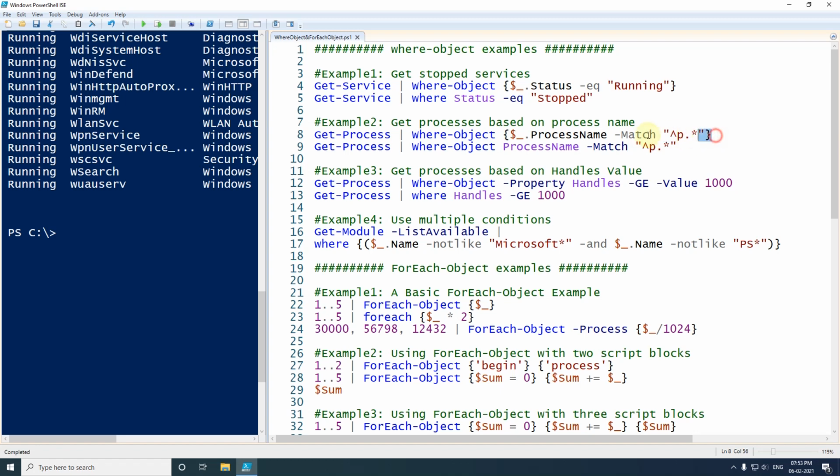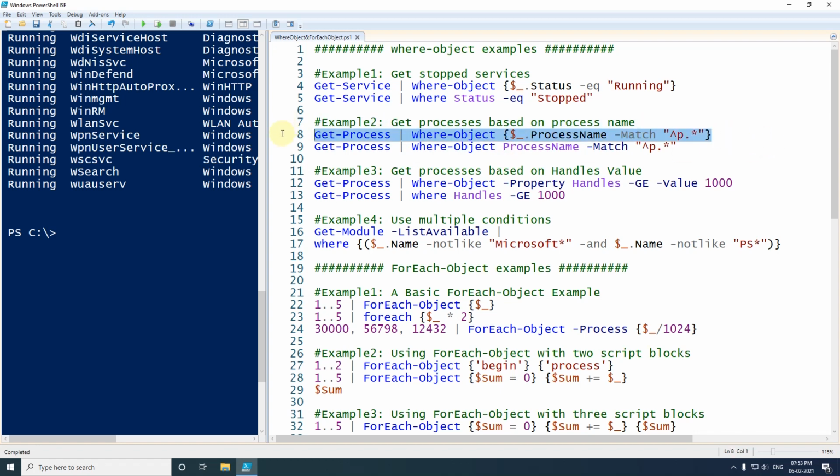We can write the same logic using the statement method. In this one there is no need to use the script block or the $_ automatic variable. Simply we can use the property name, and after that the operator, and the value of the property. This is how we can use any other property either with the script block or simply using the statement.